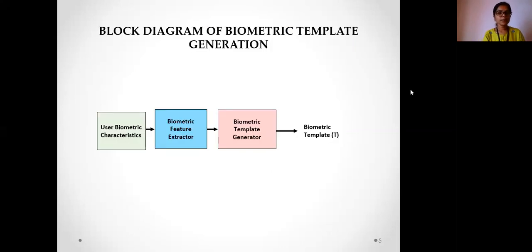So now before transforming the biometric template, we need to get a processed biometric template. So here is the block diagram of biometric template generation. The biometric sensor captures the biometric image, and then it is pre-processed to enhance the quality of the image. After that, automatic segmentation is done, that is localizing the iris from the image and then isolating eyelashes, eyelids, and reflection areas. After the segmentation, normalization is done to eliminate the dimensional inconsistencies in the iris region. Finally, the features of the iris are encoded to get a bitwise biometric template.